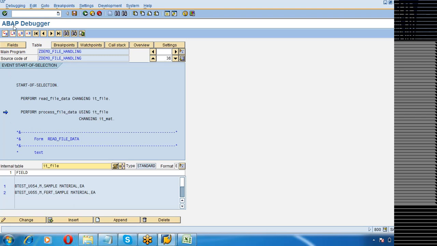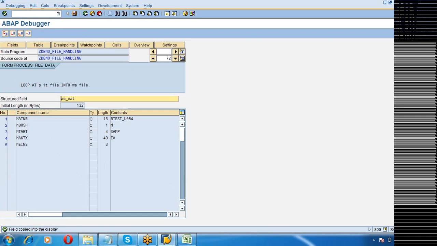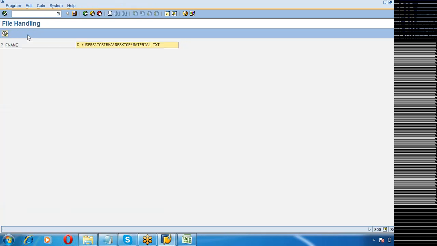It has read the file. So when you are reading the file, the whole record is coming and sitting correctly. When you split, it will go wrong. See, the whole thing went wrong. This field was not there, so it tried to read the next one. Sample material was a 40 character text, only 4 characters it read, and the unit of measure came into description. So this is what has happened. The data is gone. Now this is junk data. You try to post it, it will not get posted. This is junk data, so you have to control that.